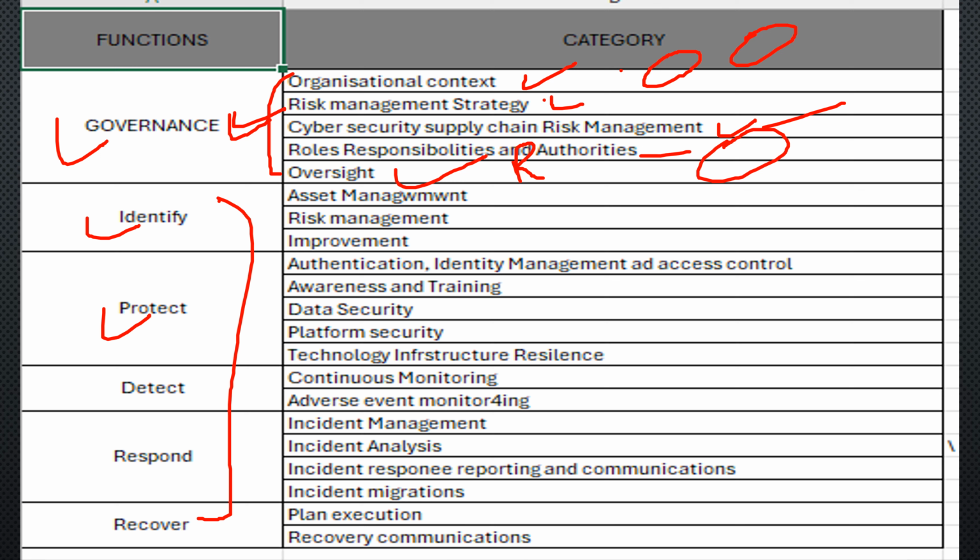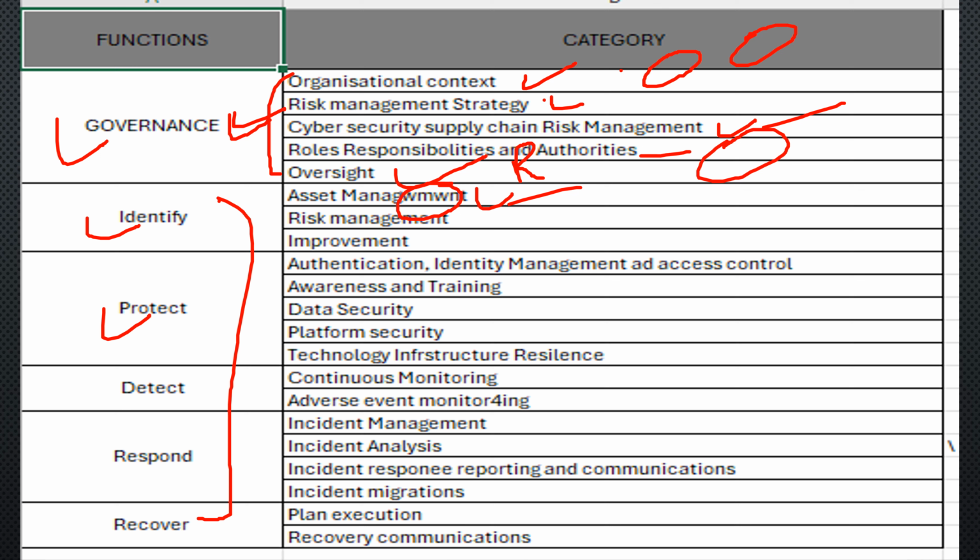The function also includes the identification of improvement opportunities for the organization's policies, plans, processes, procedures, and practices that support cybersecurity risk management, to inform efforts under all six functions. Like identify, we have to identify. The spelling of management is not correct here. Anyway,